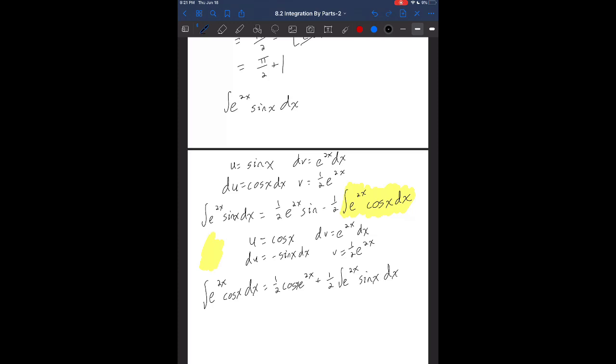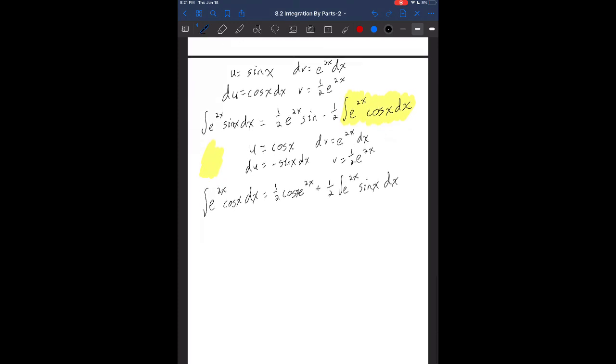We can now plug this back in for the highlighted part to get that the integral of e to the 2x sine of x dx is 1/2 e to the 2x sine of x minus 1/2 times all of the things we said the highlighted parts were. So minus 1/2 cosine x e to the 2x plus 1/2 integral of e to the 2x sine of x